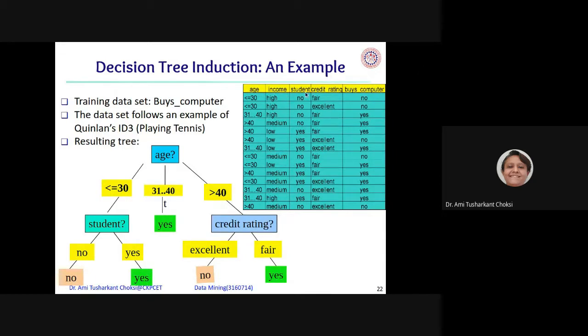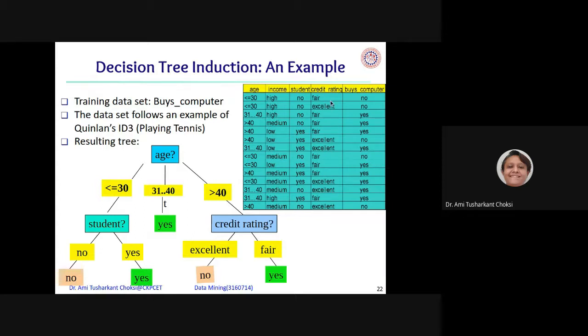Age, income, student, credit rating, buys_computer. Now, here the age is given as less than or equal to 30, 31 to 40, and greater than 40. Income is high, medium, or low. For student, it is yes or no, that is whether a person is a student or not.